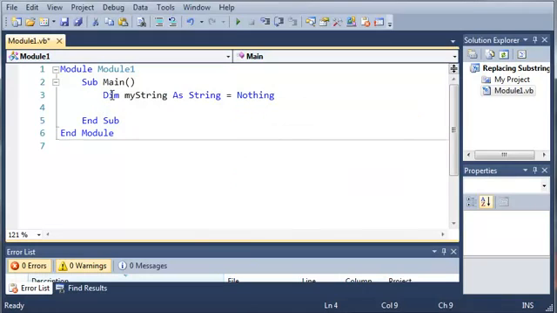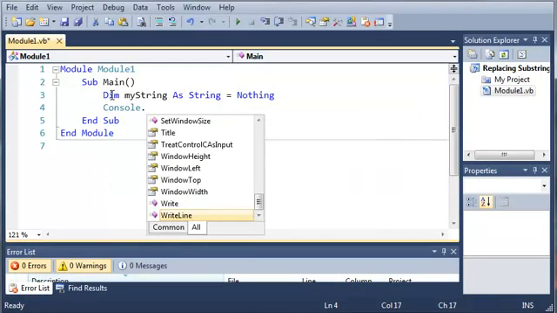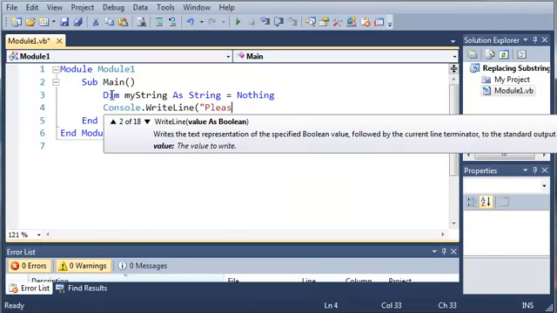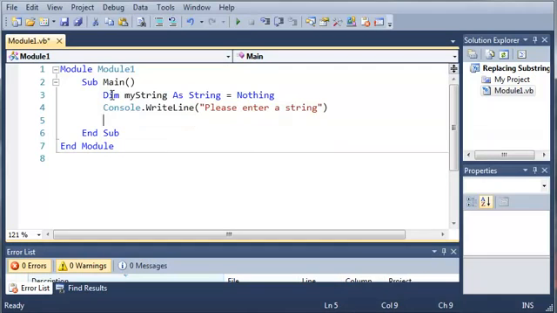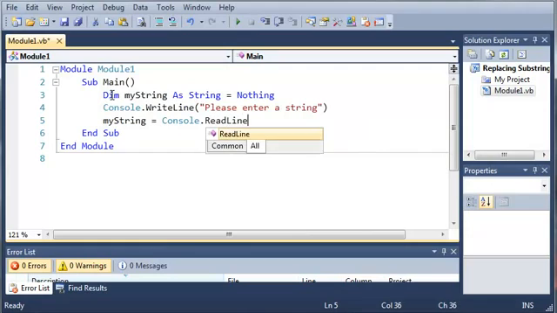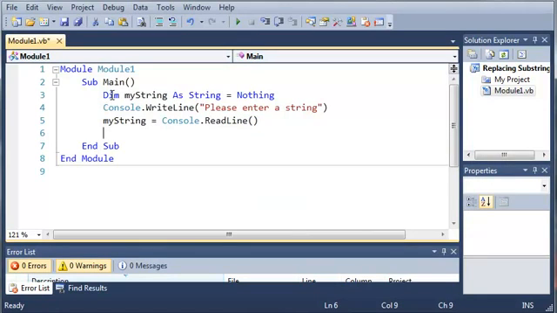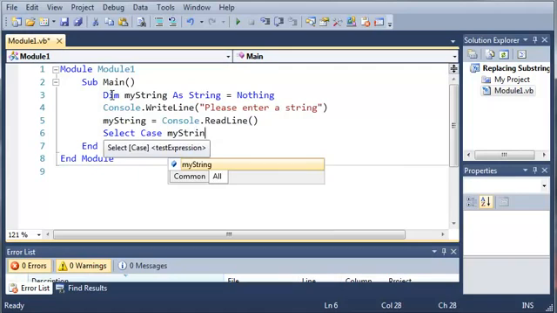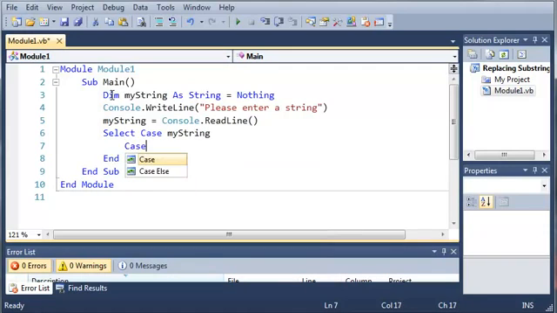And now what we're going to do is we're going to get my string from the user. So we're just going to ask them to enter a string, and then my string is going to be equal to console.readLine. And now what we're going to do is we're going to start our select case statement. So select case my string, and we're going to do a case